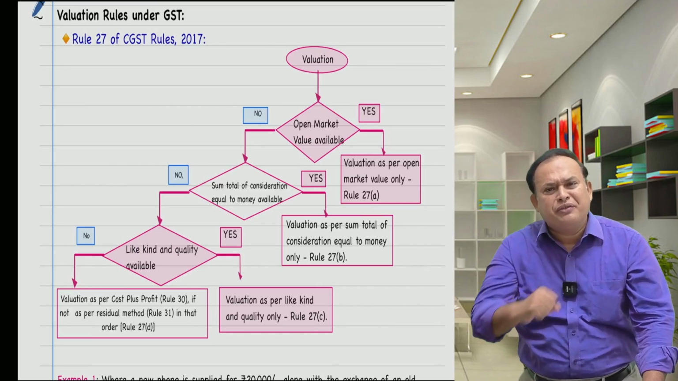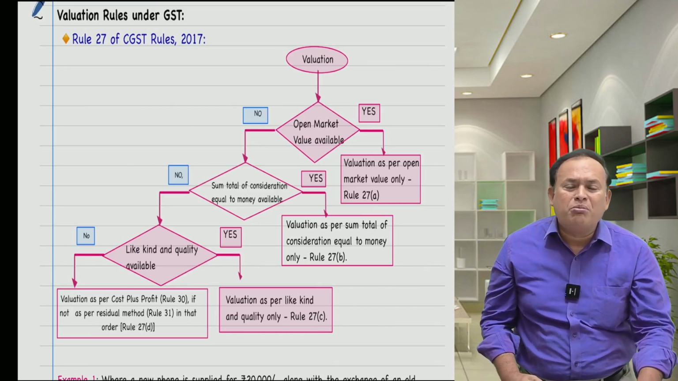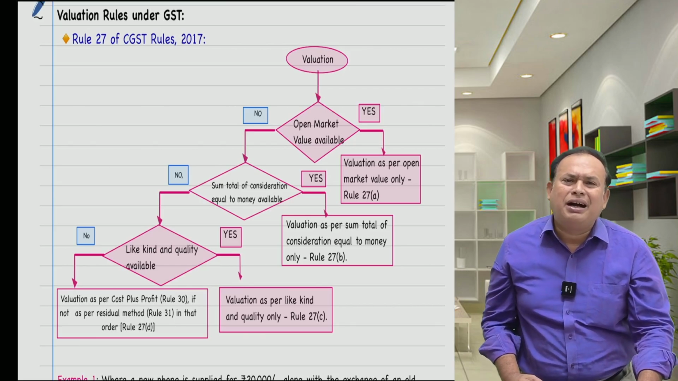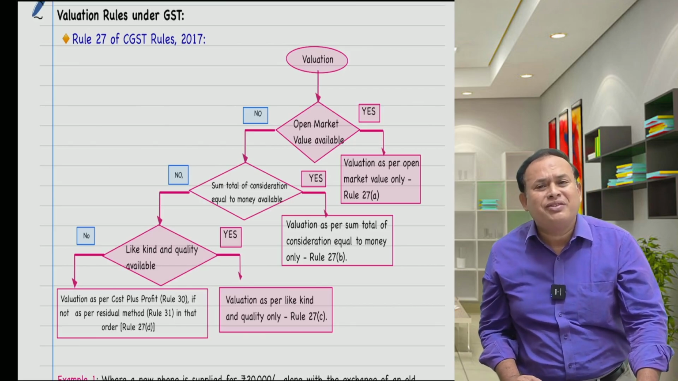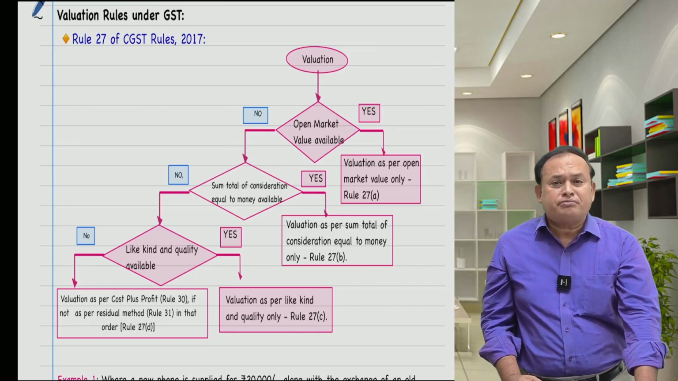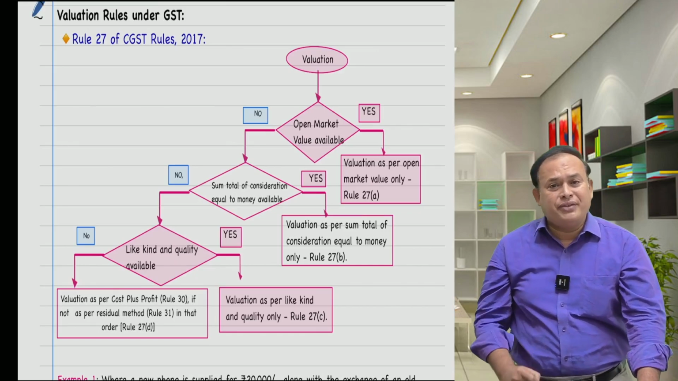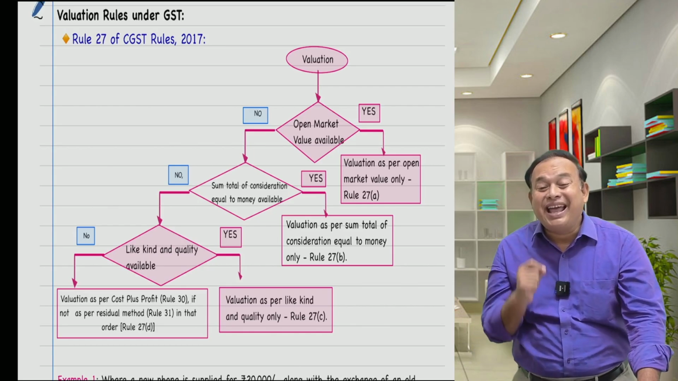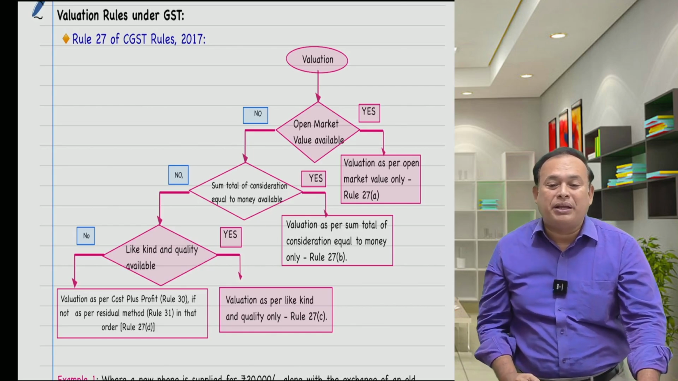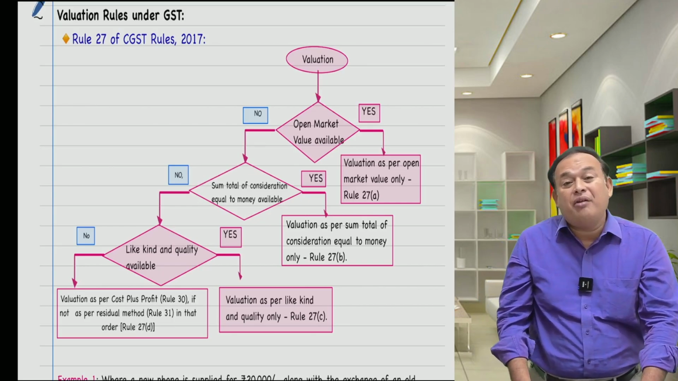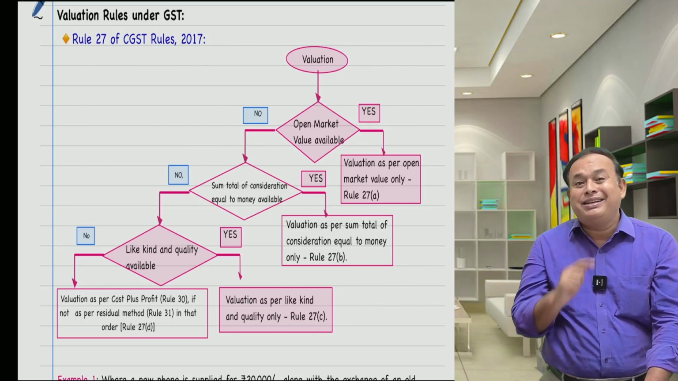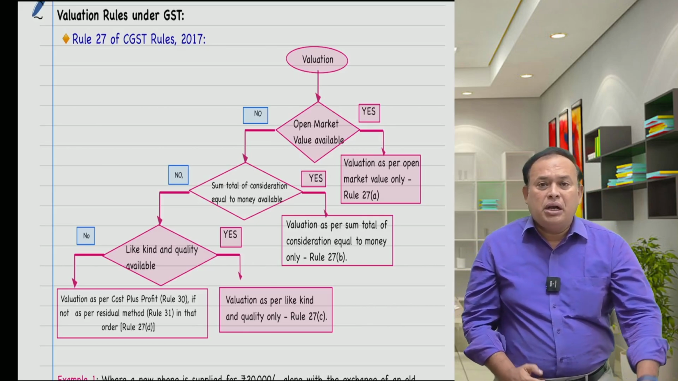If that is also difficult, no problem. We have rule number 27 class C. Accordingly, you decide. What is the rule number 27 class C, which says like kind and quality of the goods or services, like kind and quality of supply, like kind and quality available. What do you mean by like kind and quality? Means my name is